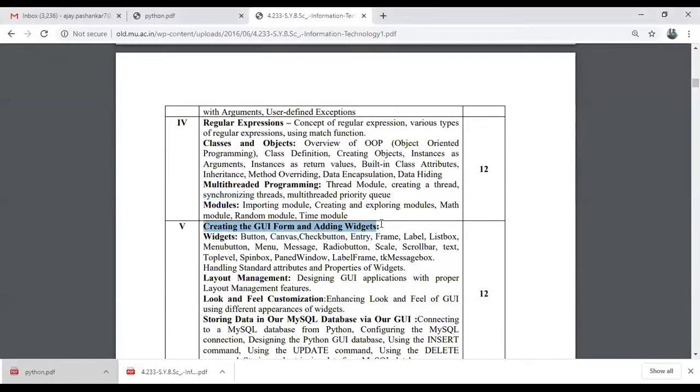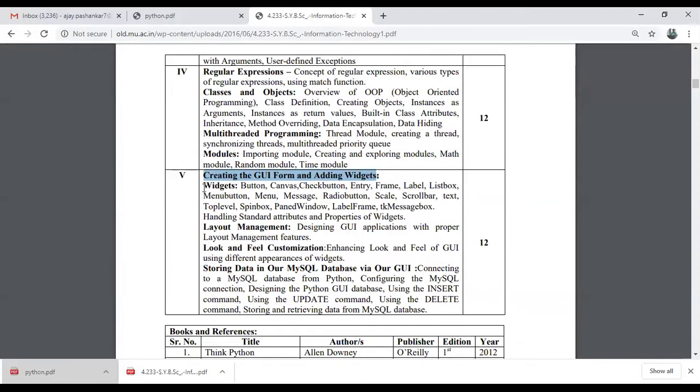So basically, in unit 5, we'll be dealing with UI, user interface, and some GUI programming along with SQL, MySQL or database related programming. So in that we have several widgets. Widgets set for Windows gadgets. We'll be studying all these concepts in detail in upcoming lectures. Don't worry, I may be getting a little bit faster.